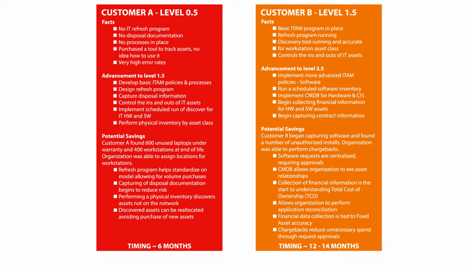We start to perform a physical inventory to discover assets not on the network. As in our example, the 600 unused laptops found in storage closets, under people's desks, or even inside the basement. These discovered assets can be reallocated, avoiding future purchase costs of new assets. So we can start to actually use some of the assets that we purchased, those 600 unused laptops, but at